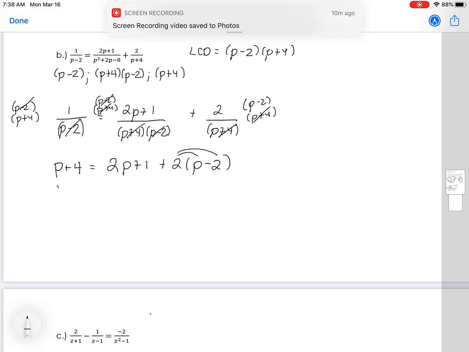Now it's a matter of distributing and combining like terms. So we have p plus 4 equals 2p plus 1 plus 2p minus 4. Keep going with combining like terms, so you get 4p minus 3. And when you move stuff around, we bring the 3 over, we get 7. We get the p over, we get 3. We end up with 7/3. And then what you will find is when you sub that back in, it does in fact